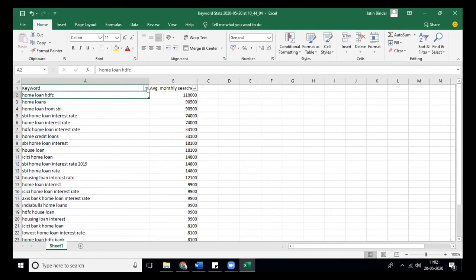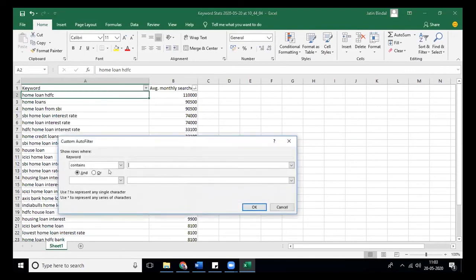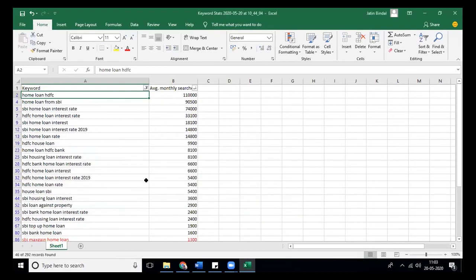So what I will do is, again, I will apply a filter that says contains HDFC or contains SBI. Primarily, these are the two banks.